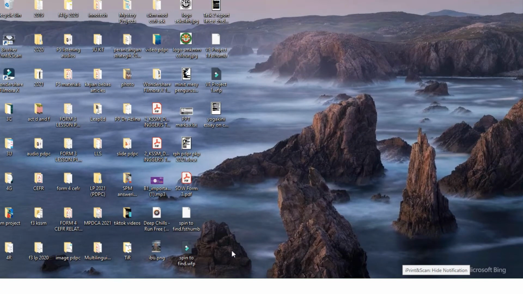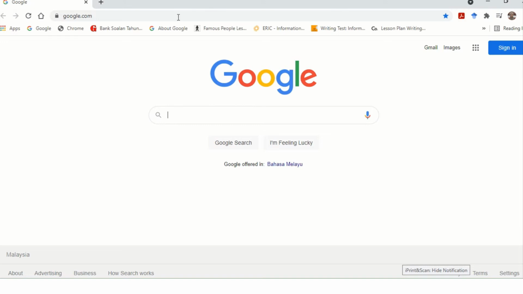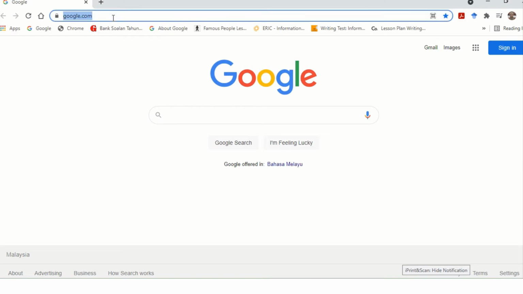Today we are going to look at how to use Pear Deck. I'm going to show you the steps on how you can use Pear Deck with your students, especially now with the online lesson. First you click on the browser. Any browser will do. Then on top, at the URL address, you type